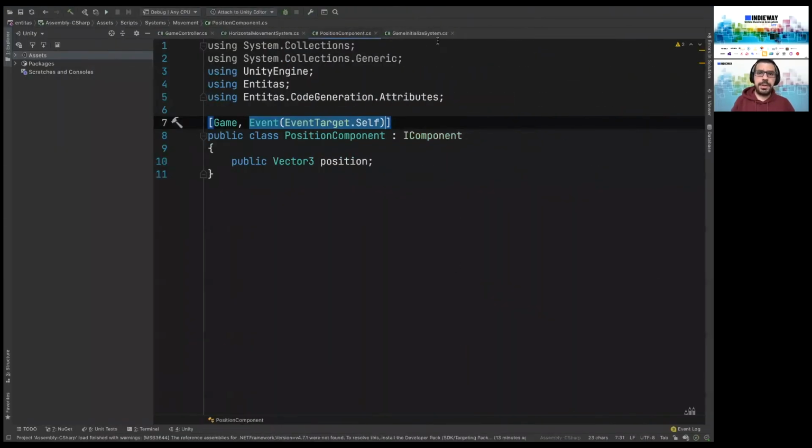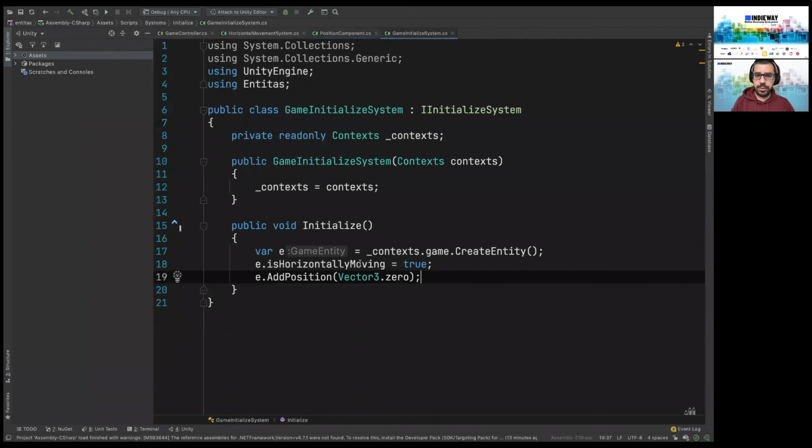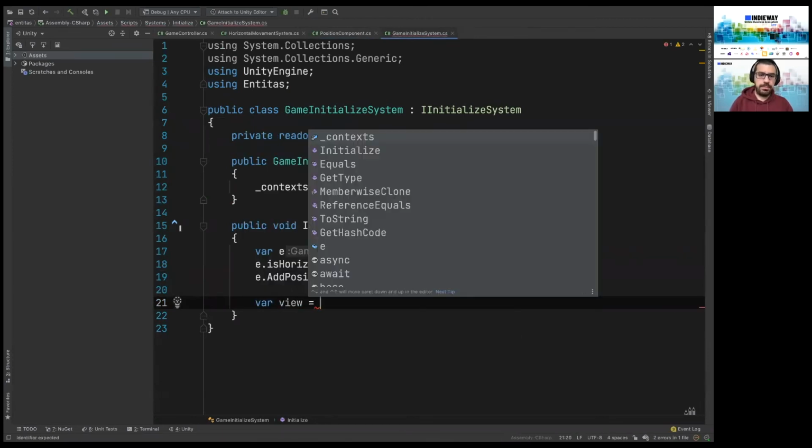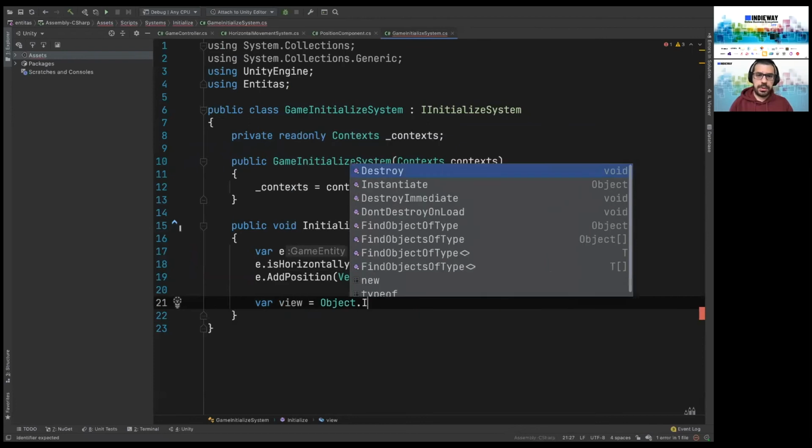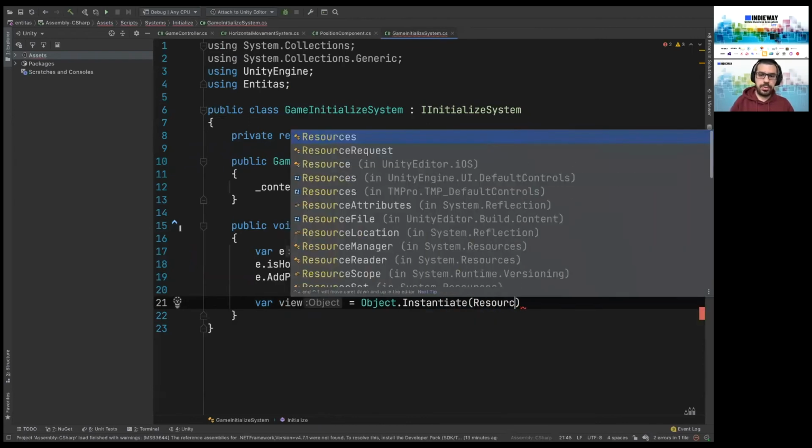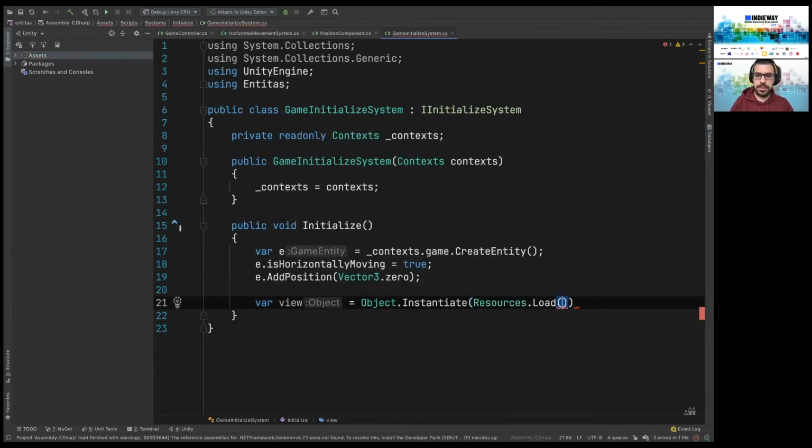We don't need this concept. Okay, so initialize system. Let's go inside. We had created an entity. We had put the components on it, and then we're going to be putting this view. Object, instantiate, resources, and load.